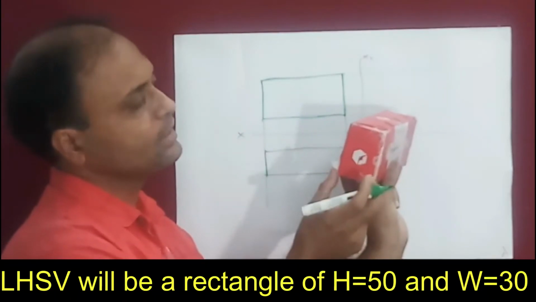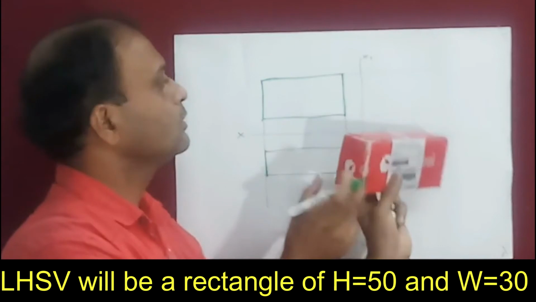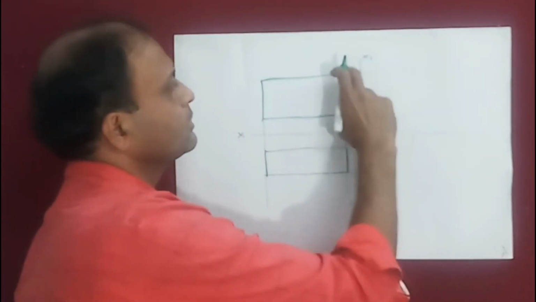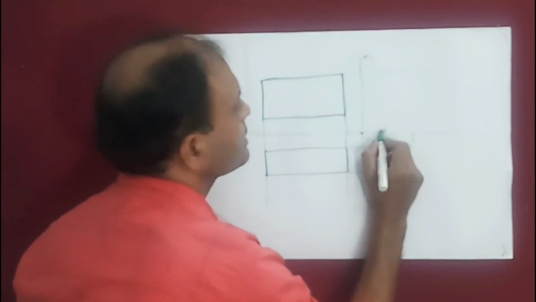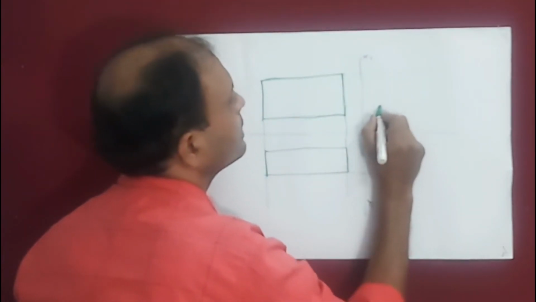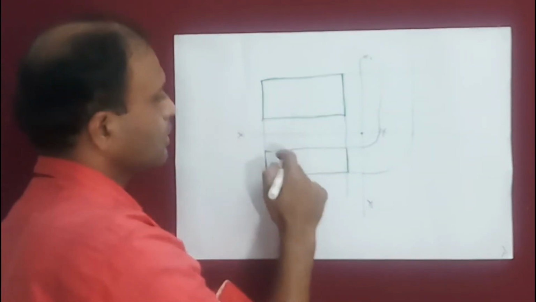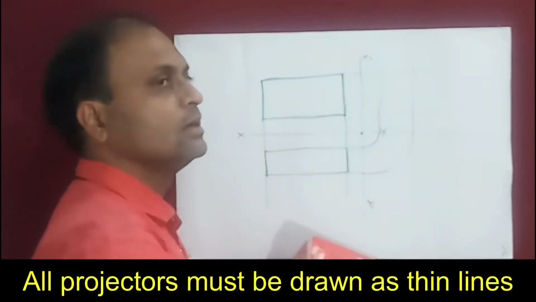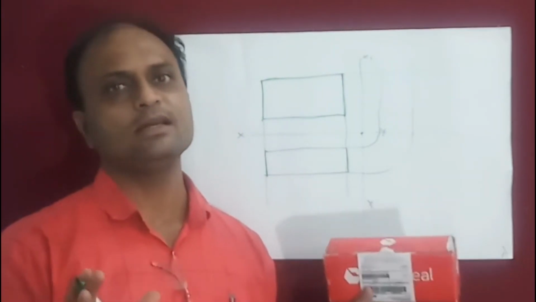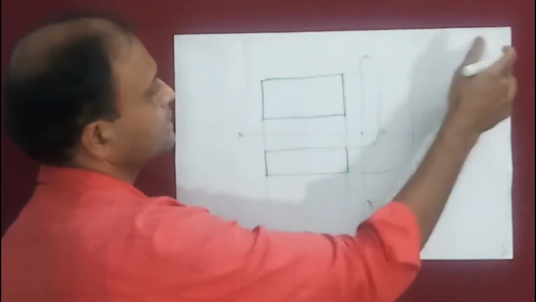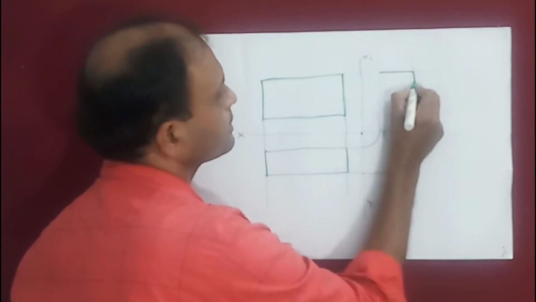In the left hand side view, you will get another rectangle of size 50 by 30. That 50 we are maintaining here because this height is 50, and 30 we are maintaining from this top view. Okay, so extend these projectors now, draw them vertically up like this. Remember, all these projectors and arcs that I have drawn are construction lines, and hence they must be drawn with thin lines. Okay, so once these horizontal and vertical projectors are drawn, within these projectors now